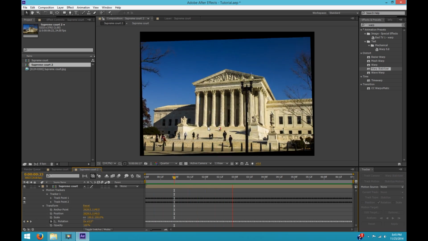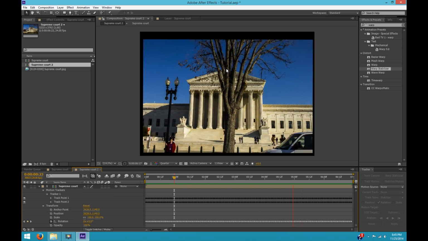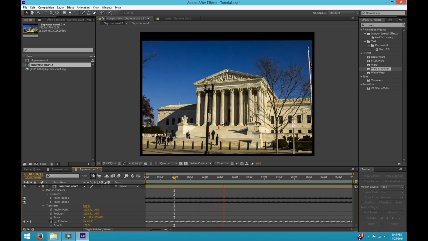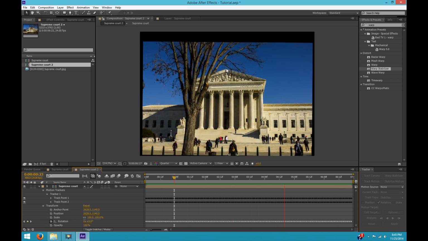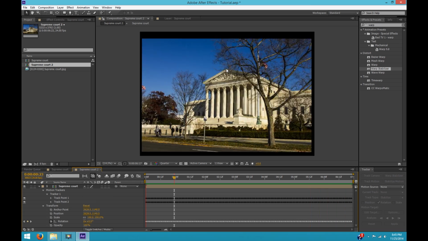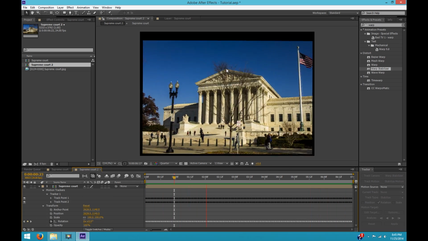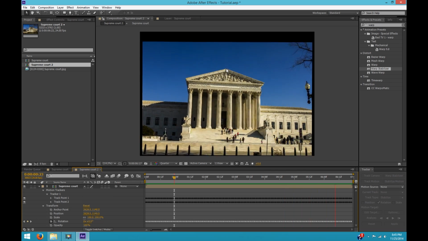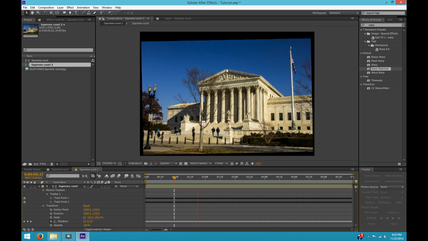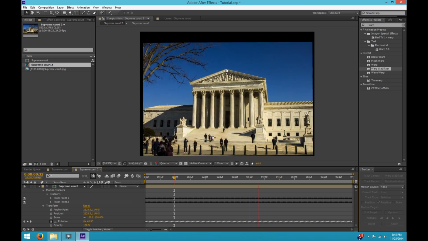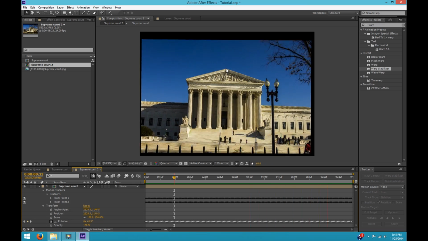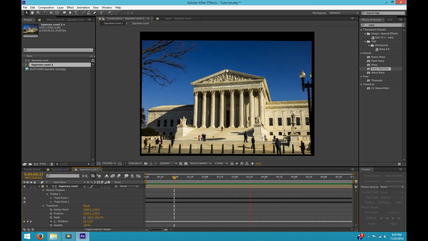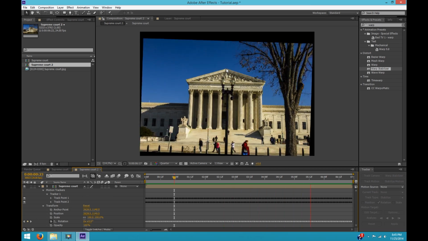Hey, it's looking much better. So if I put my cursor near the peak there, it is staying pretty steady except for a couple of places where I probably had bad tracking points that I could still go back and adjust, but I don't think that will necessarily be required at this point, because the next step I'm going to try is, since we have this pretty well stabilized now, we might be able to get rid of these last little bit of jitters by running it through Warp Stabilizer.